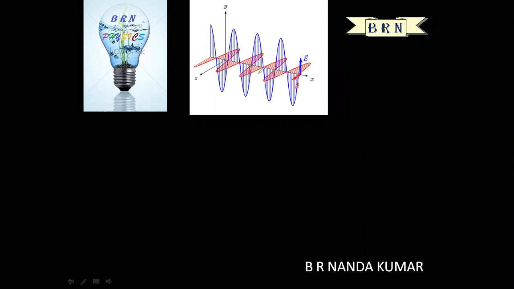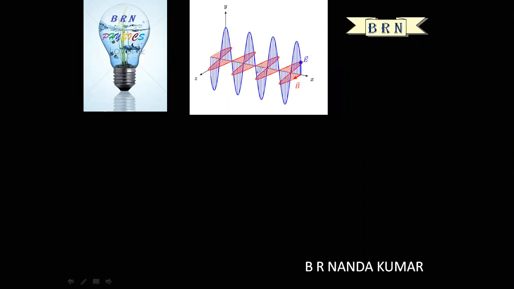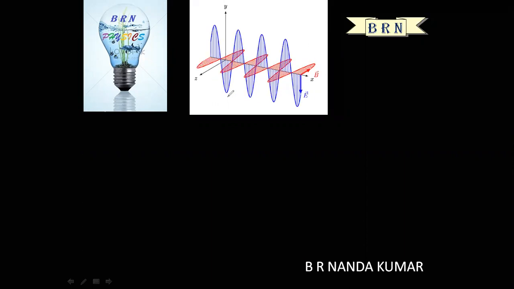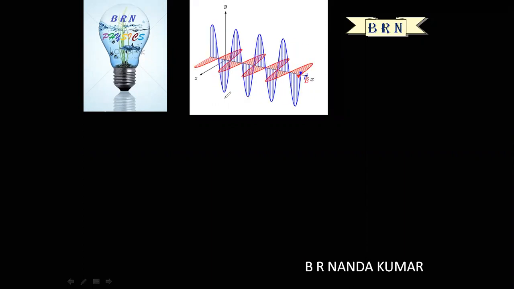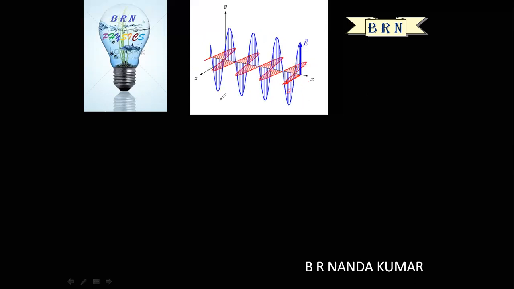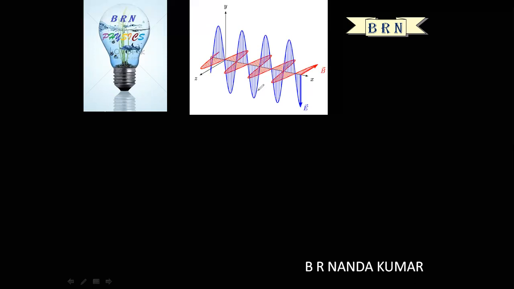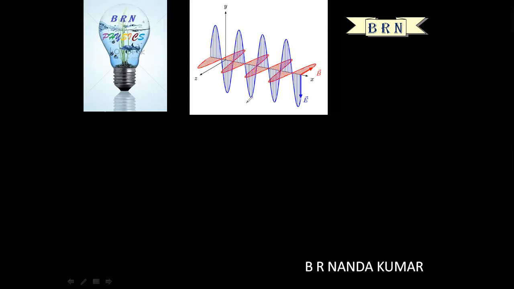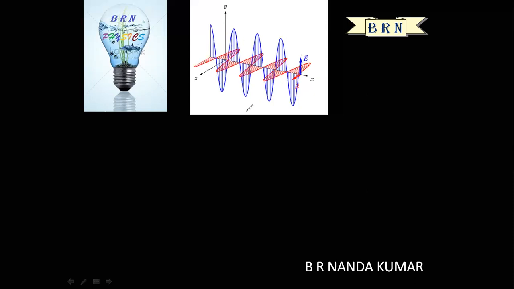So what are the properties of electromagnetic waves? Electromagnetic waves are transverse in nature. The speed of electromagnetic waves is the same as the speed of light. An accelerated charged particle radiates energy in the form of electromagnetic waves. Accelerated charged particles are actually the source of electromagnetic waves. The electric field and magnetic field are mutually perpendicular to each other and perpendicular to the direction of wave propagation. The oscillations of electric field and magnetic field are in phase. They transport energy and momentum.